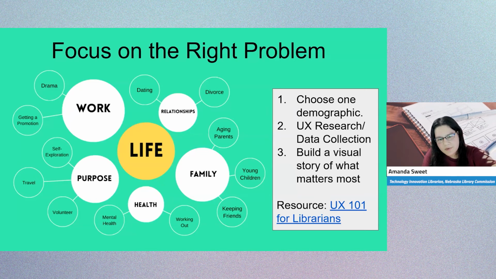The way that this works is that at the center of it is your daily life. Then you have different bubbles at various sizes. The bigger the bubble, the more important the problem. This is how you narrow down your topic area. Then you can start pulling in different problems within that topic area based on what you found in the Sustainable Development Goals. You can narrow down specific problems using user experience research and data collection,